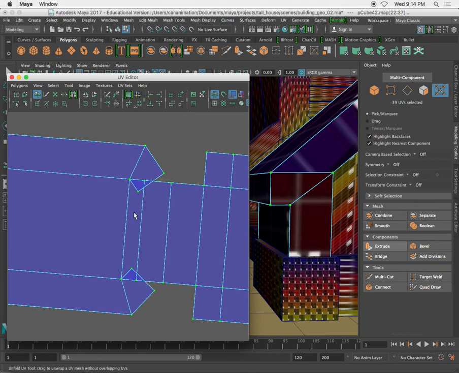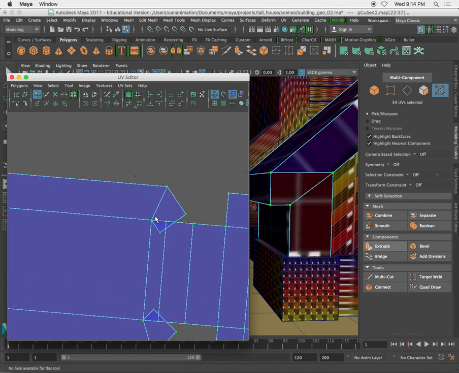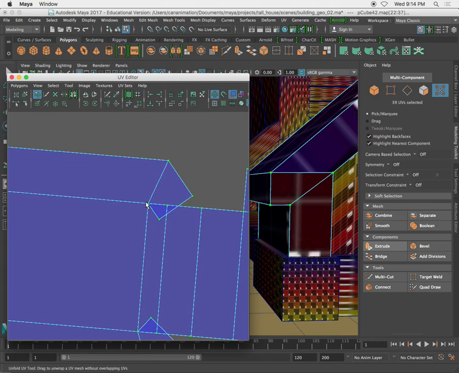With the newer relax tool in 2017, it will actually move this vertex out here. So if I look at this edge right here, and if I painted a black square right here, and a white square right here,